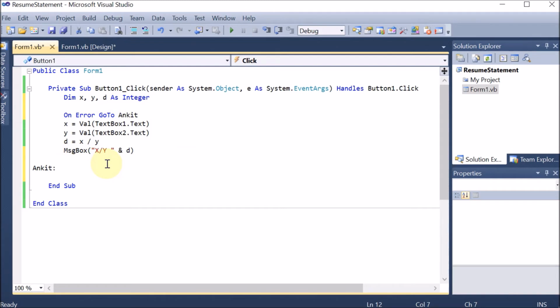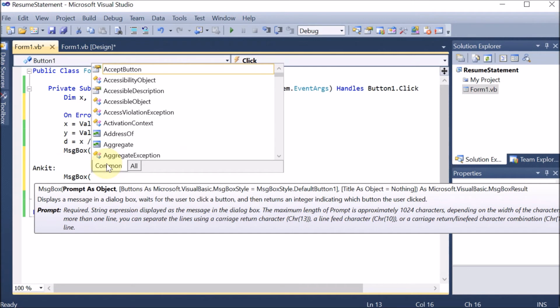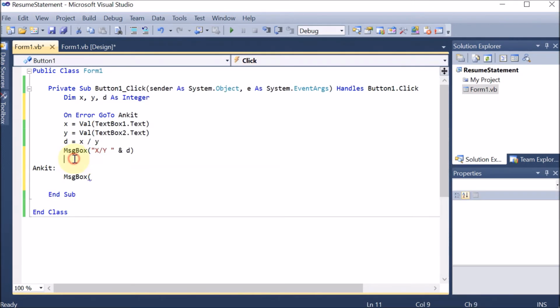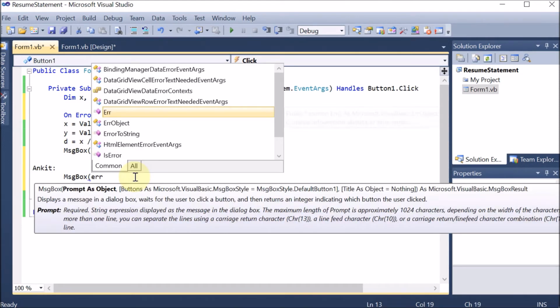And here what we are going to perform, we can simply put a message box, and in this message box, we can simply provide the error number. We should understand that whenever this On Error GoTo goes over there, one object is passed. That object name is called Err. So Err is the object which is passed whenever the exception is encountered.